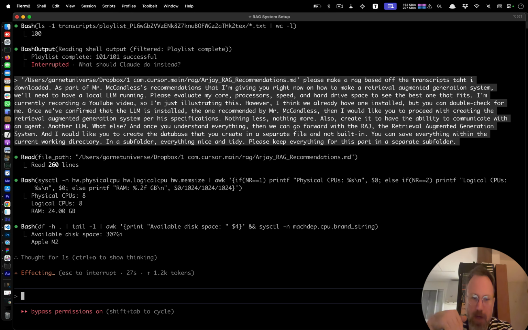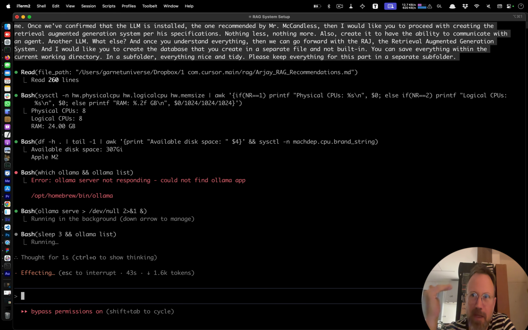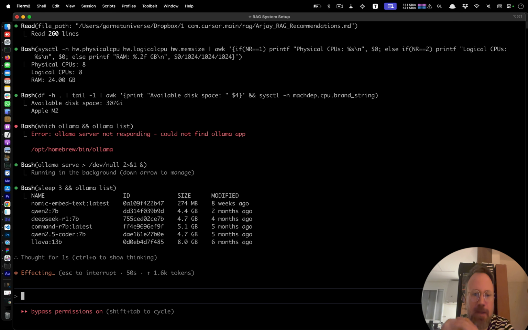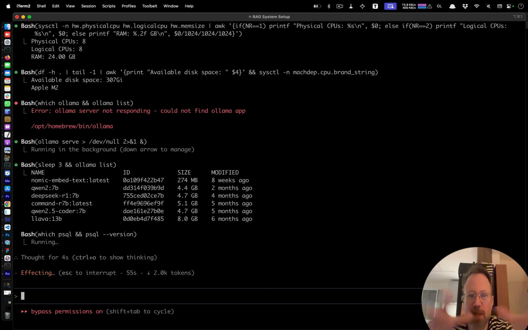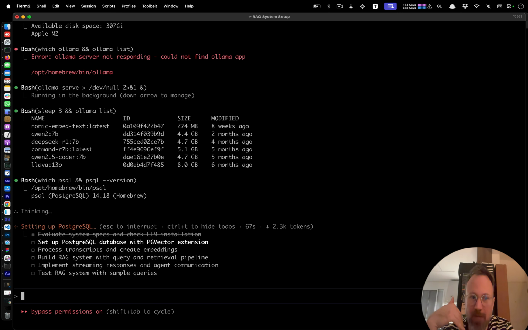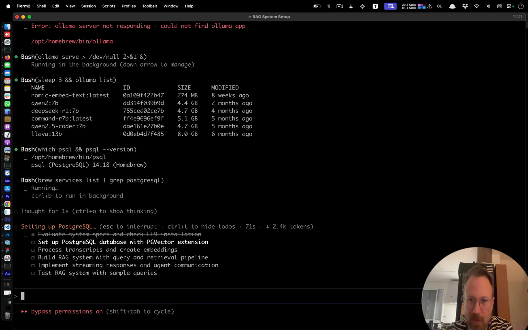So it's checking my hard drive space, my core processors. Ollama is an application for terminal that is a directory of publicly available LLMs. You can see the list that I have here, and they're between 274 megabytes and 8 gigabytes. So it's totally possible to run models on your computer. I have 7 billion parameters. That's a lot. So it confirmed that I had the LLM that we're going to need to run the RAG,